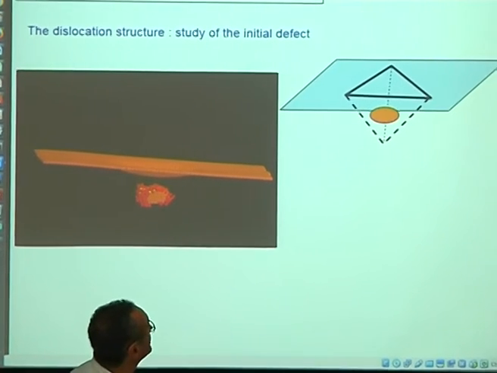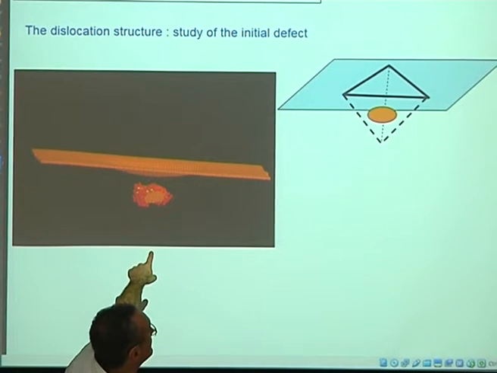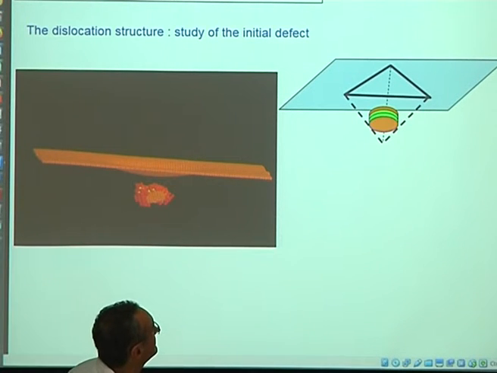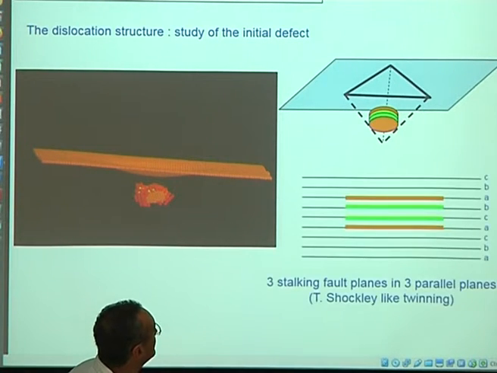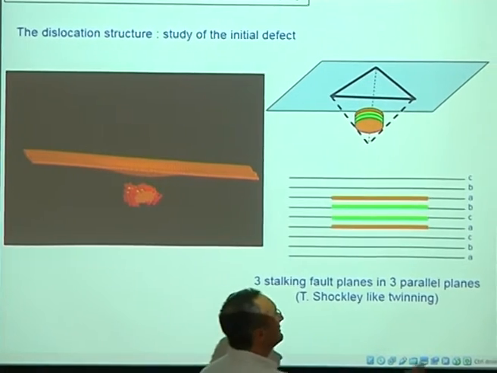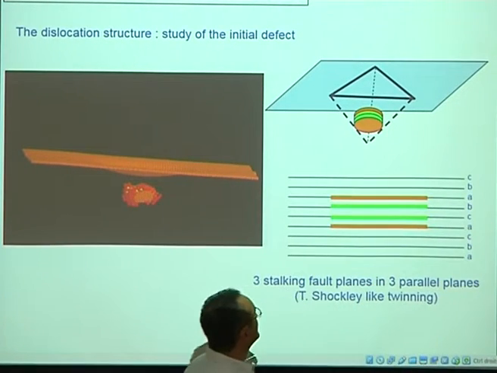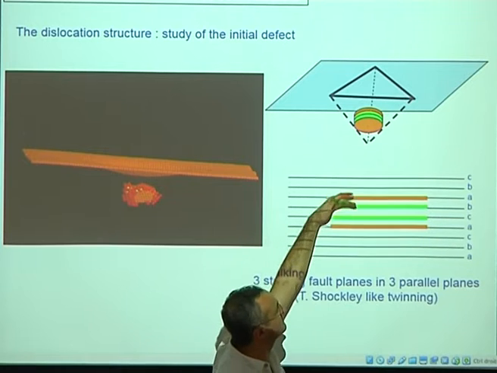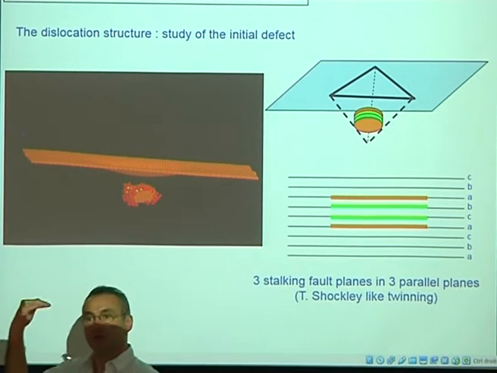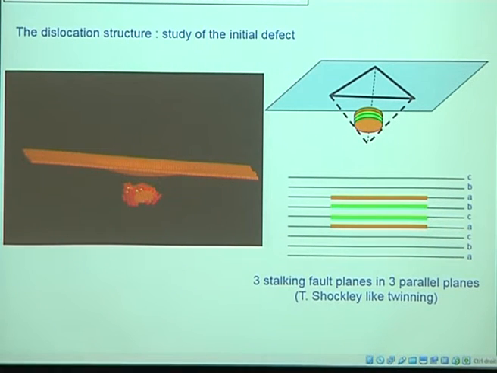Here you have an orange plane, a green plane, an orange plane, and a green and orange again. So in my stacking fault, it was like A, B, C, A, C, B, A, you see? It was like a triple Shockley, as if I had three stacking faults in my sequence.